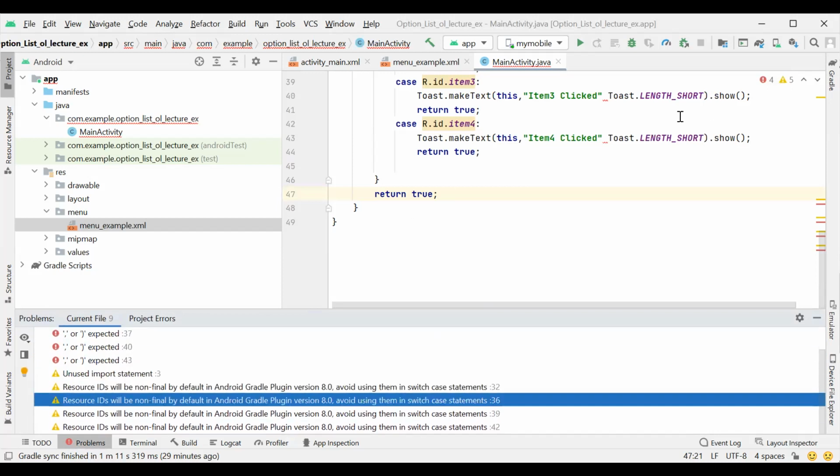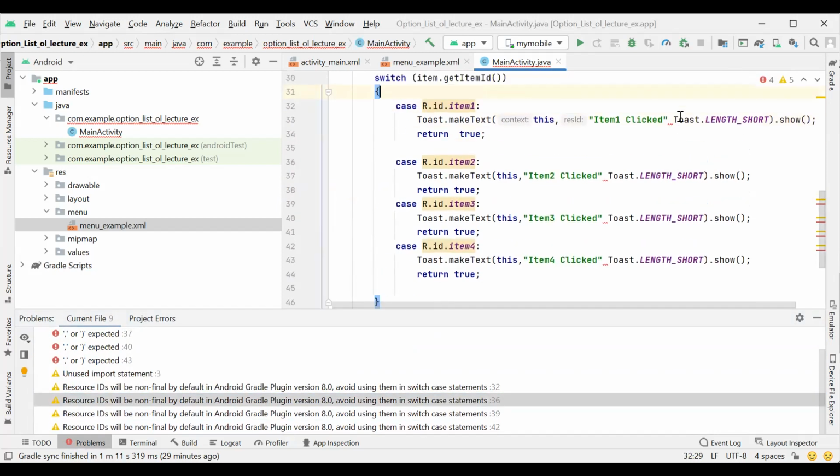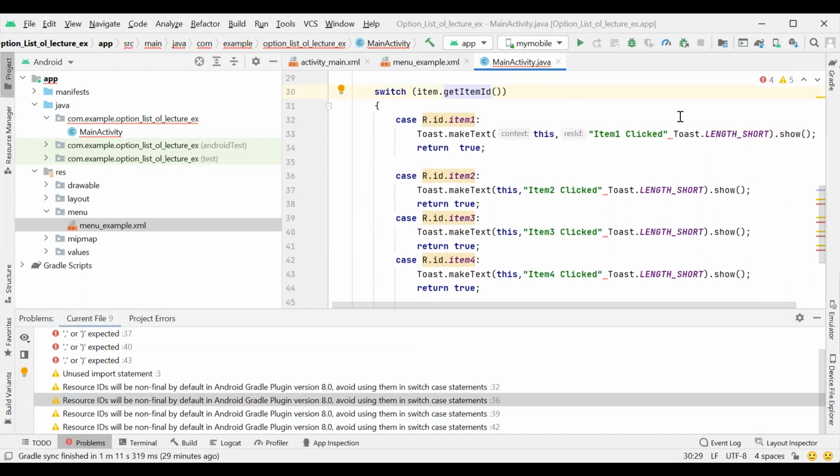So let's check what happened here. On line 37, here we missed a comma.